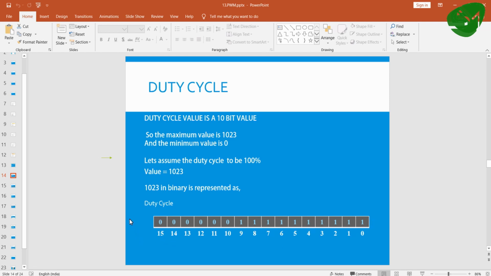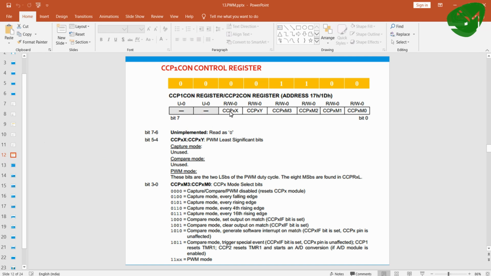For representing this 10 bit value, we need at least a 16 bit register, but our microcontroller is only 8 bit. So for storing this 10 bit duty cycle value, they have given one full register, CCPR1L, and they have given 2 bits from the CCP1CON register for storing the remaining 2 bits.